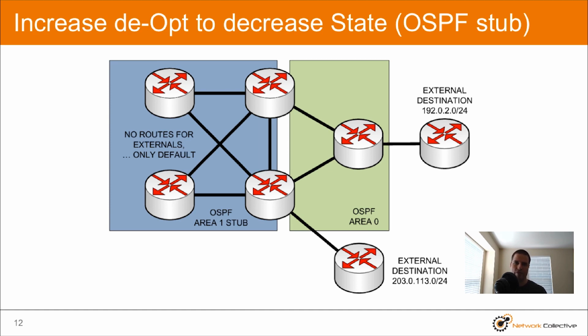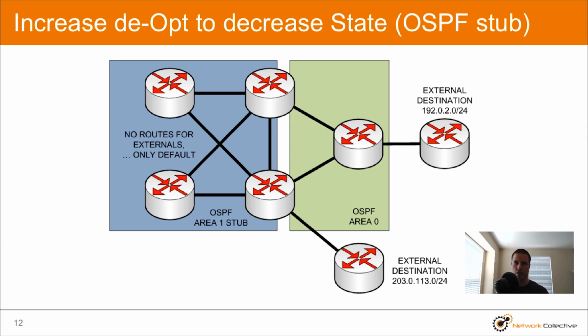So when we hide that information, we may get suboptimal flows, and in this case, suboptimal flows upstream towards the external network become the reality. We made this decision particularly on purpose because this is the problem we were trying to solve. Maybe we had too many external routes on all of our low-end access switches that were running layer 3, and it was just too much state for them to manage, and it was crashing them, something like that.